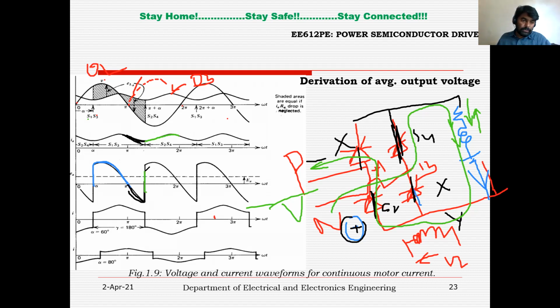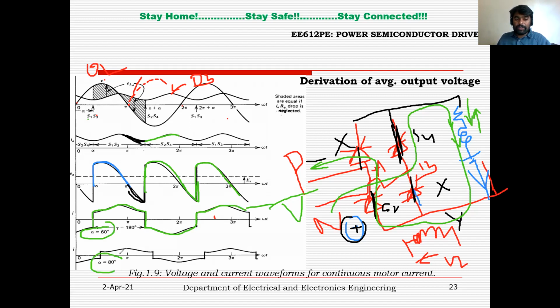So from that particular point onward, the output voltage follows the input voltage, and thereafter the freewheeling diode comes into the picture, right? And the input current, as you know, right? So when S1 and S3 are in conduction state, they are carrying the positive half cycle. So you can see the positive half cycle like this. When S2 and S4 are in conduction state, they are carrying the negative half cycles, right? So this is at alpha equals 60 degrees.